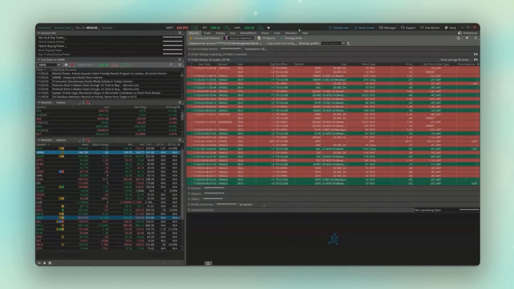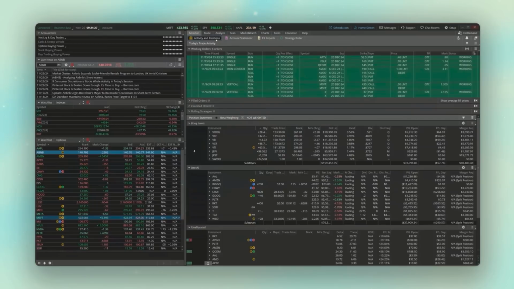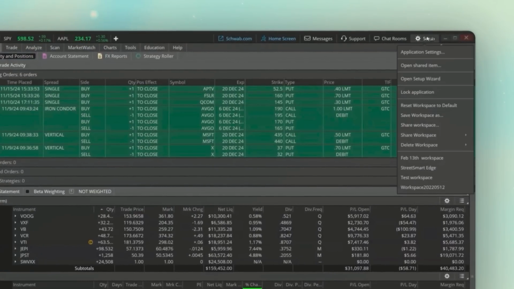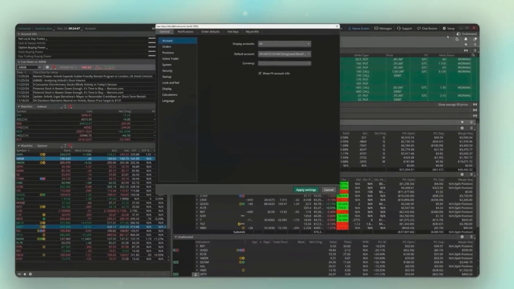Now, the first one, if we head back over to the activity and positions page, if you look down here at my profit and loss, it's currently in grayscale at the moment. So it's a little hard for me to tell which positions I'm up or down on just by glancing at it. So if I wanted to adjust that, if you come up here to the setup button in the upper right-hand corner,